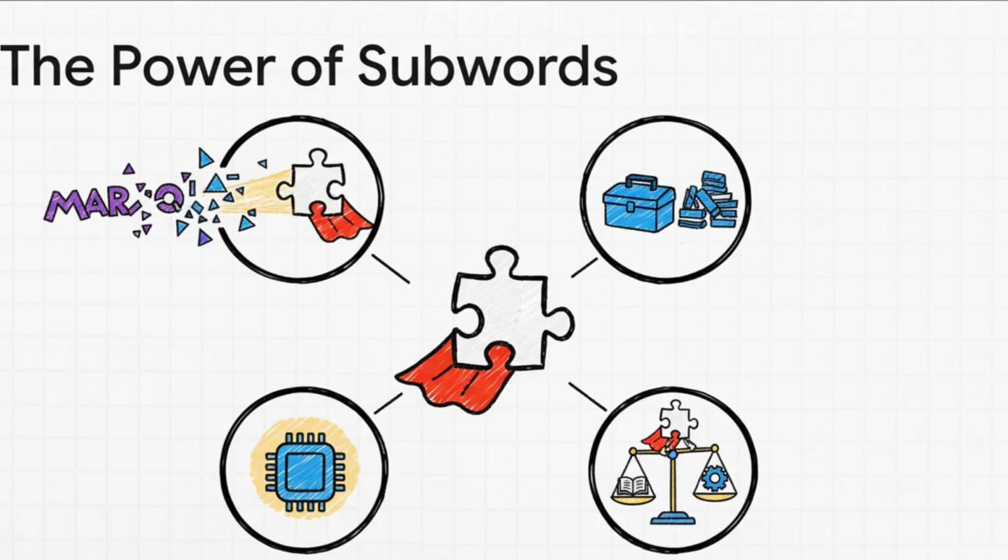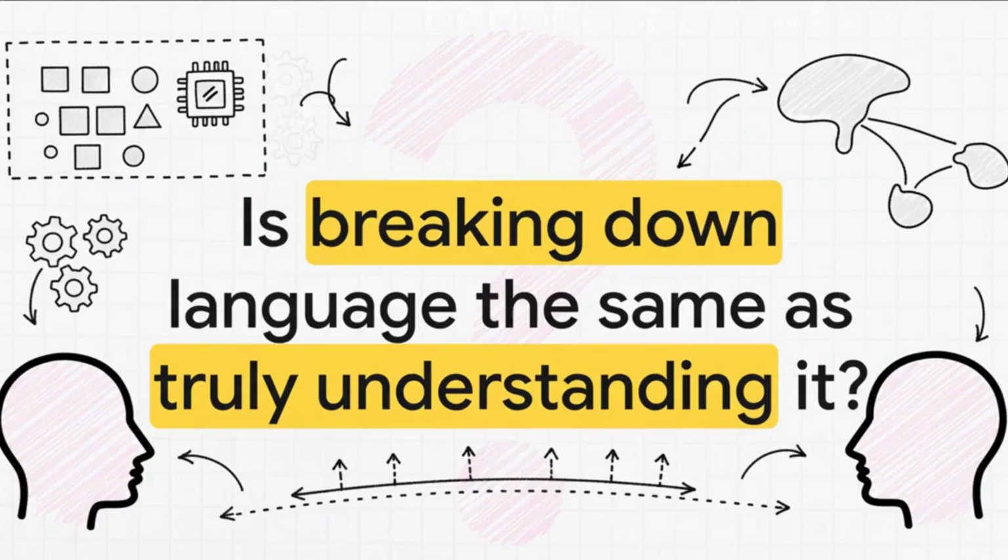And most importantly, it hits that perfect Goldilocks balance. It keeps the meaning of our words while still being super efficient. It really is the foundation that all of our modern, amazing language models are built on. And so that kind of leaves us with one final big thought. We figured out this incredibly clever system for translating our language into a form machines can work with. It's all about breaking things down into known parts.